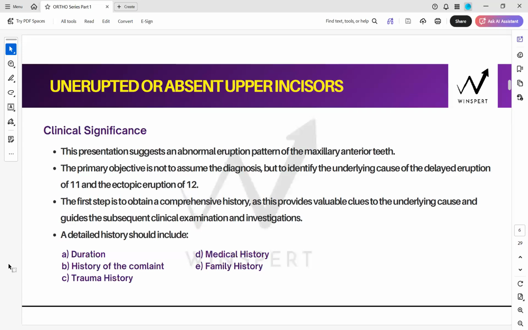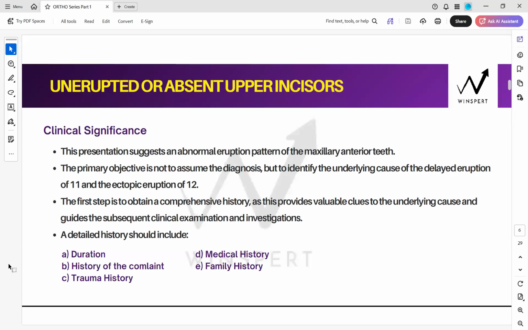So the ectopic eruption of 1-2, which has come over a retained 5-2, suggests an abnormal eruption pattern, and it can indicate an underlying local obstruction or disturbance in the eruption pathway. Does that make sense? Can you derive from that that there was an abnormal eruption pathway for the lateral incisor?